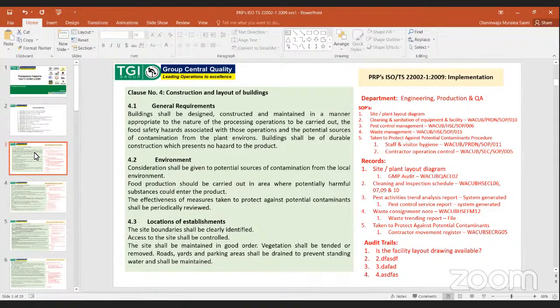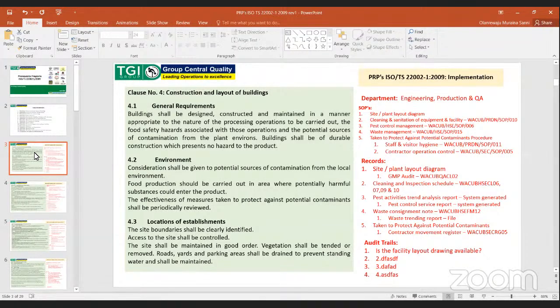So then, apart from the site plan, which is the general one, we need to also have the plant layout too. However, in the drawing, I think the drawing I got was about 3 or 4 pages, where each floor, the plan describes each floor, what is happening there, and the subsequent process. So we need to be informed that wherever we are asked for construction, they are probably talking of site plan